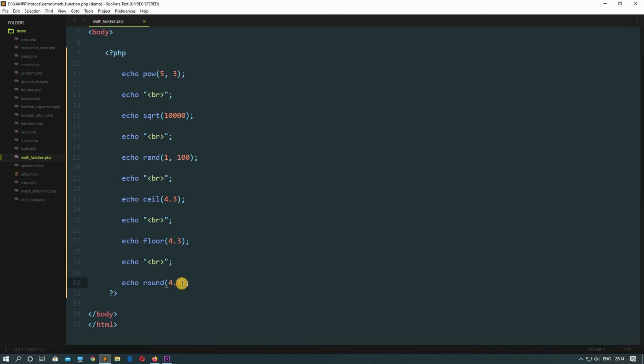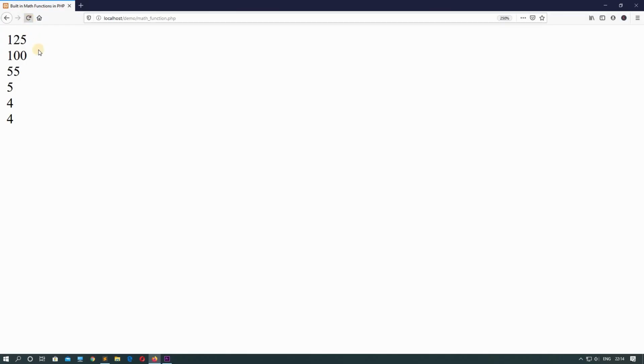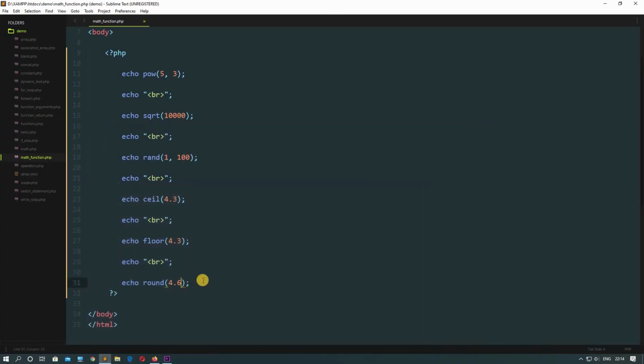So if it is below 5, then it will round it off to the previous integer, and if it is 5 or above, then it will round it off to the next integer. So if I put here 6, anything above 5, and refresh, see, we got 5. So it is rounding it off on the basis of the number which is after this decimal point.